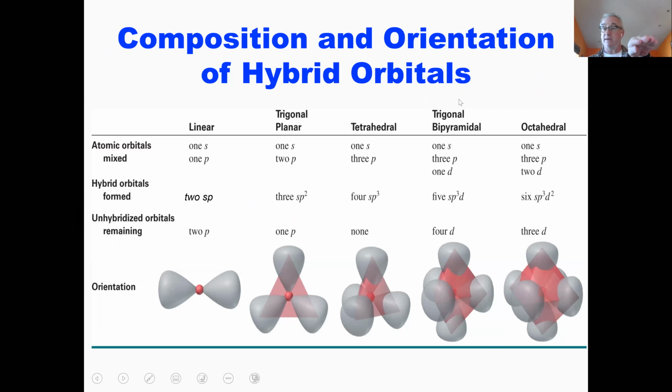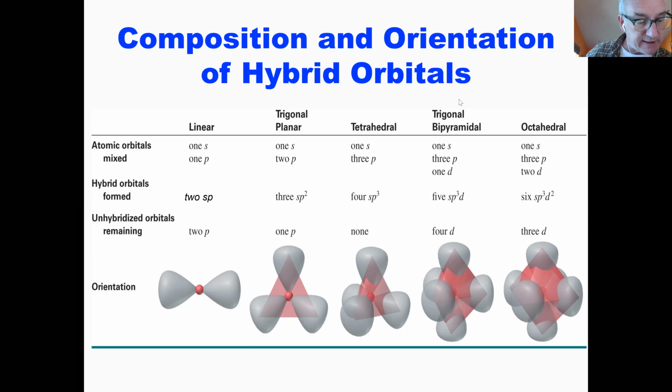So this is what I put in chapter 5. This is what you can basically refer to when you have these questions. All you need to remember at this point is how many regions of electron density that molecule is going to have. Now, it's something I saw on the can